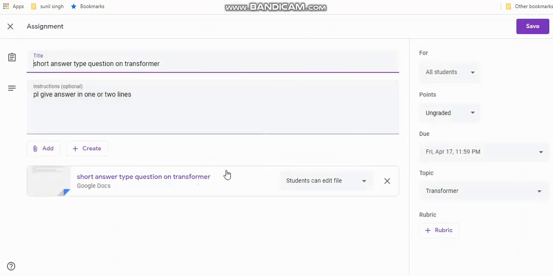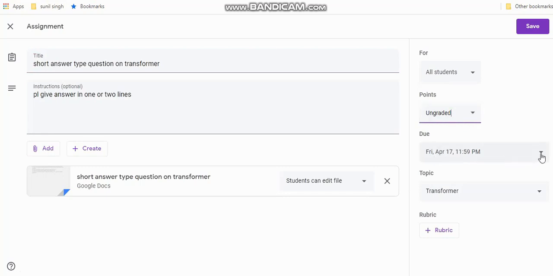From this edit we can change the question, we can also change the date. This is the date for all students, points ungraded, we can mark the grade like 100 and all these marks, or we can have any points.